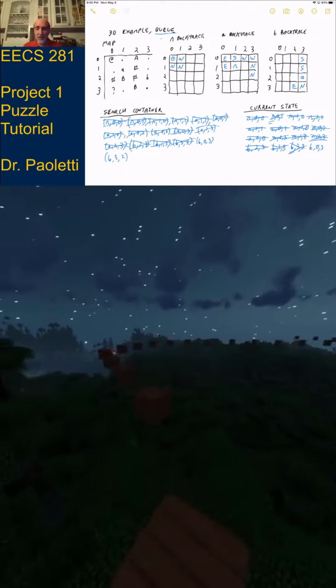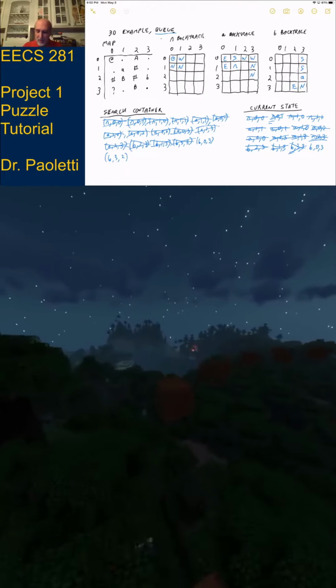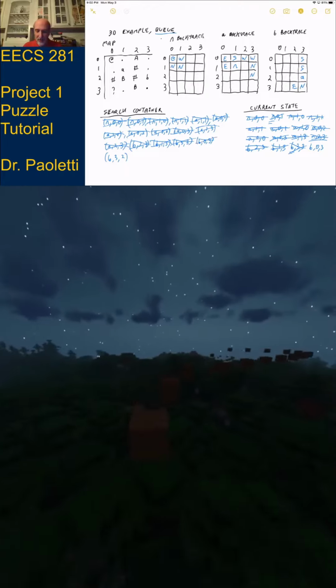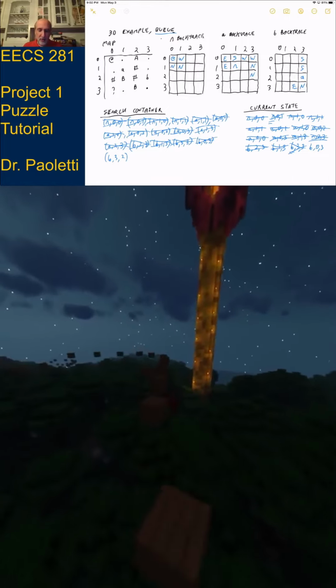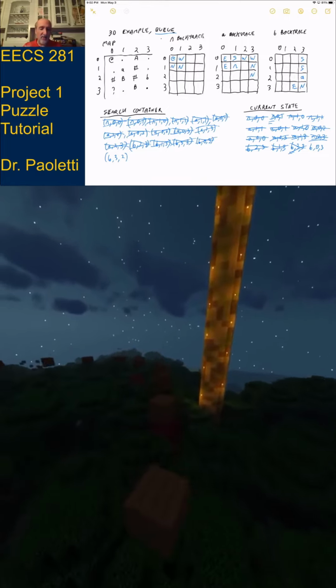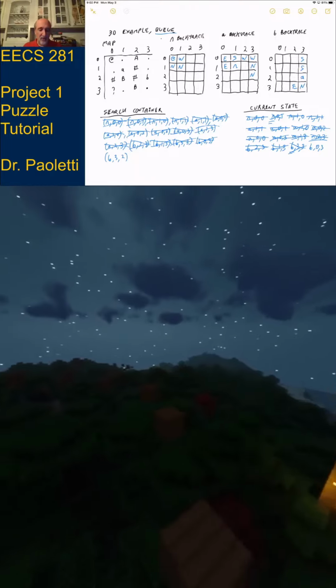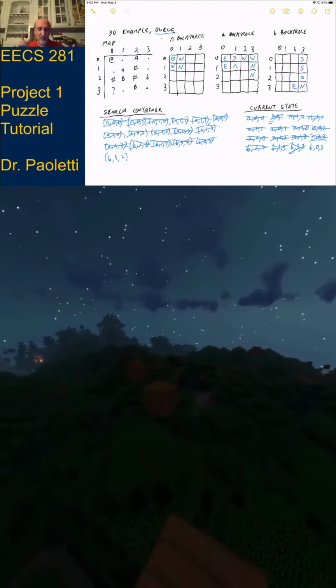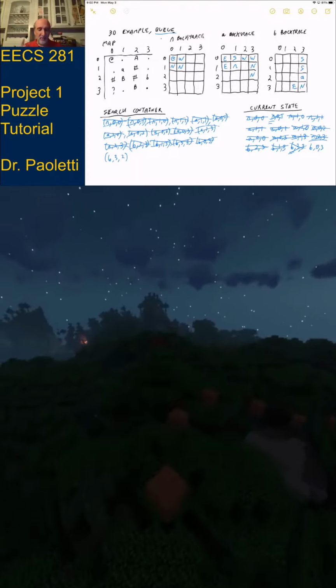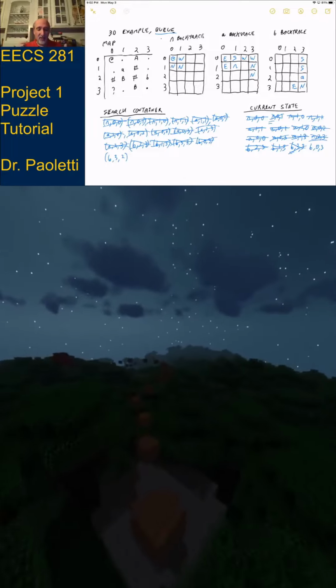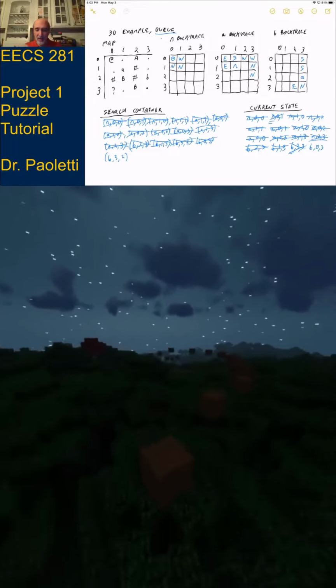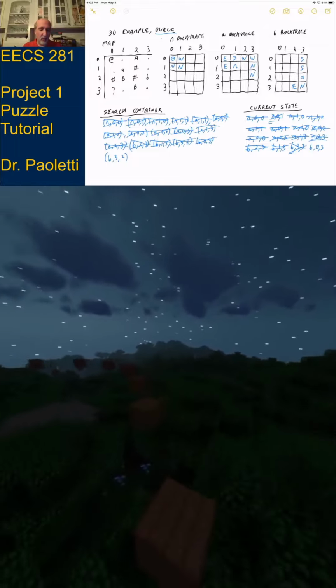Okay, so B03 is our current location. We pop it from the search container. We look around B03. Is B03 a button? No. Okay, so we do northeast, southwest stuff. Does north of me exist? No. Does east of me exist? No. Does south of me exist? Yes. But the backtrace says I've already been there, so I can't go south.